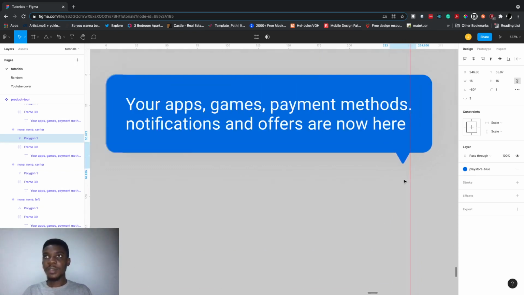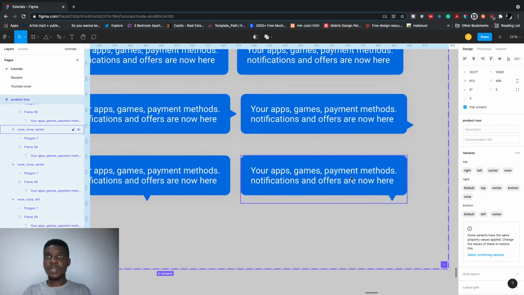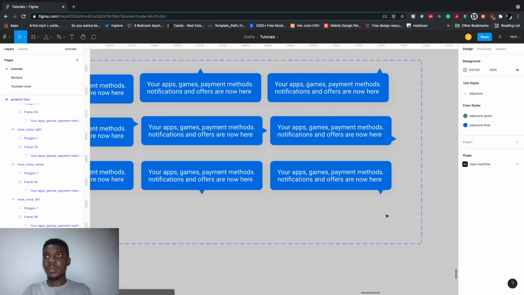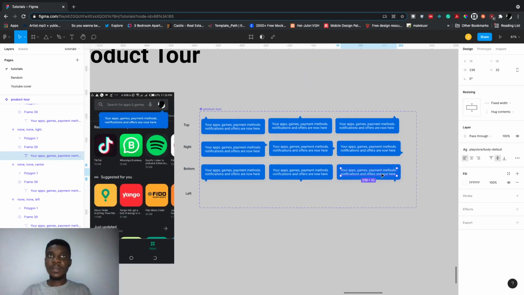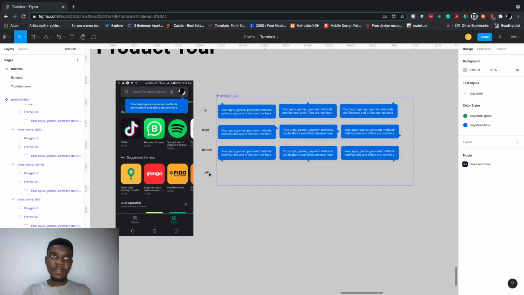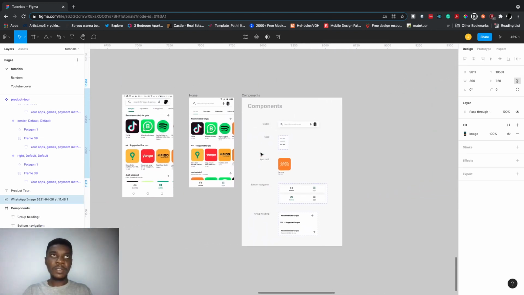Let's move a bit. Then this is going to be bottom right, right? So bottom right. The constraint is bottom right. So we are good. We can go ahead and do that for the left, right? But for the video purposes, I'll just pause here and show you how you can make use of